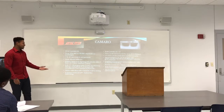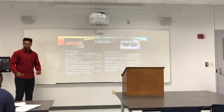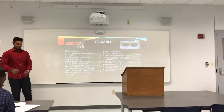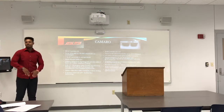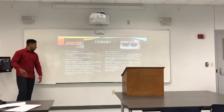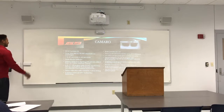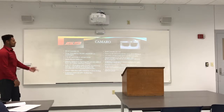The acceleration, it's best to get an automatic in these sport cars. You know, the transmission accelerates faster than you can shift sometimes. But you can practice to the point where you can actually shift the transmission and time it right. You got hours of practice. Exactly, that does work. But direct injection with variable valve timing, and then price range, $34,000 to $40,000 for the